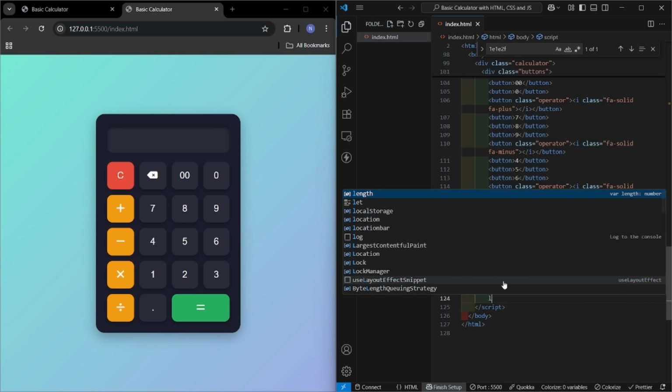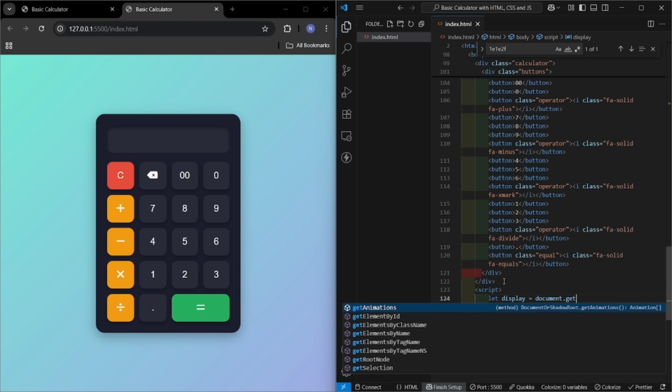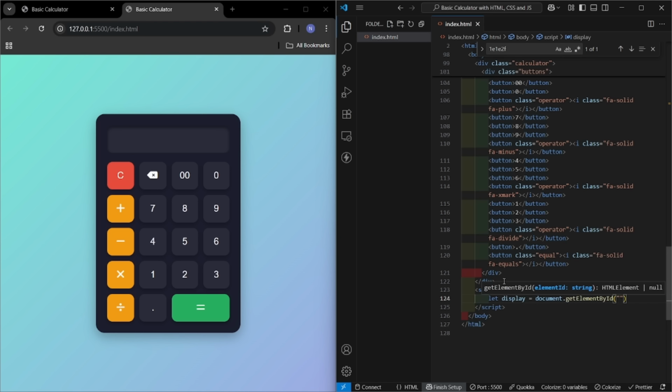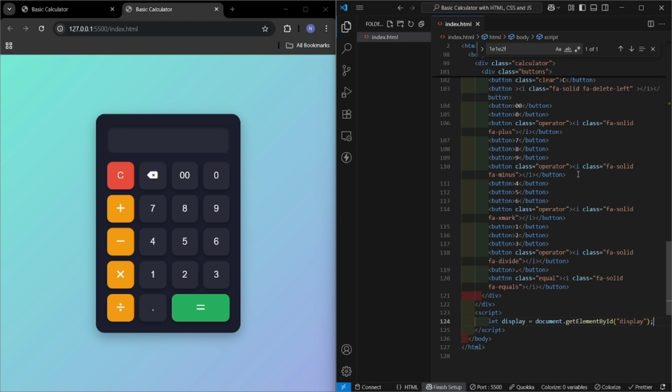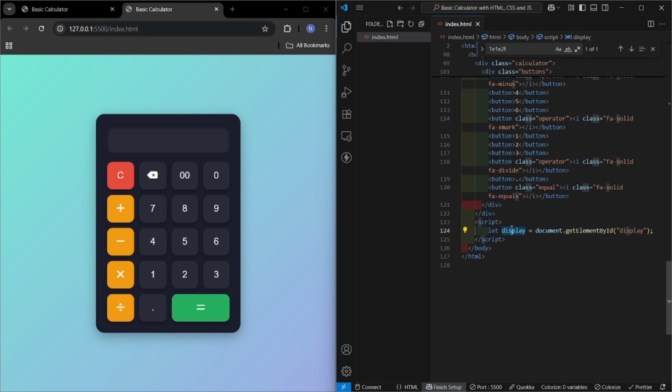So for that, I will create a variable display, then document dot get element by id, as we have already defined the id display. I will pick that id from here, then I will use the value here to append all the numbers when we press it. So for that click function, I will create the function here. It will append value